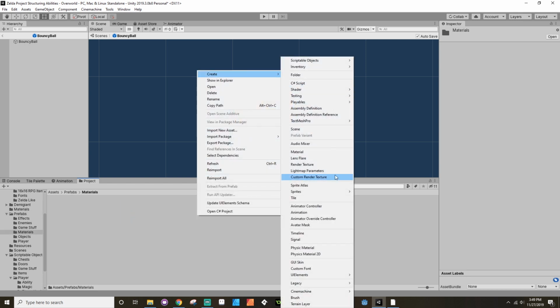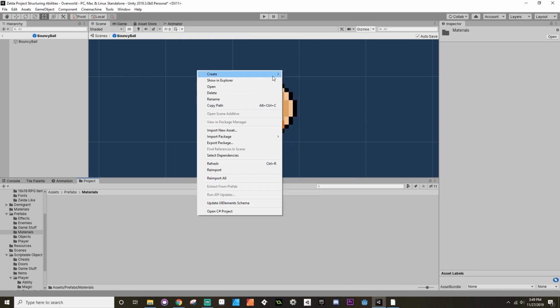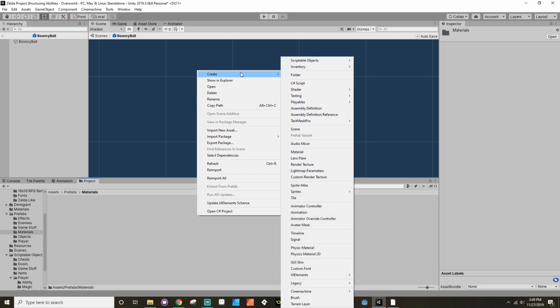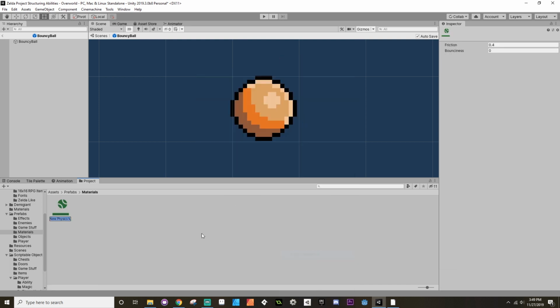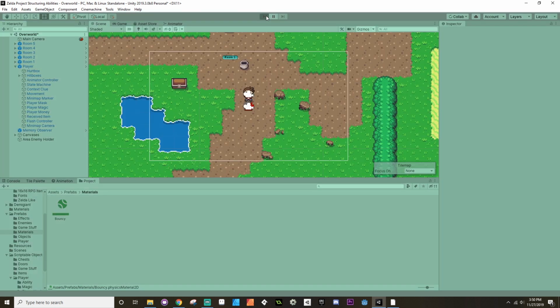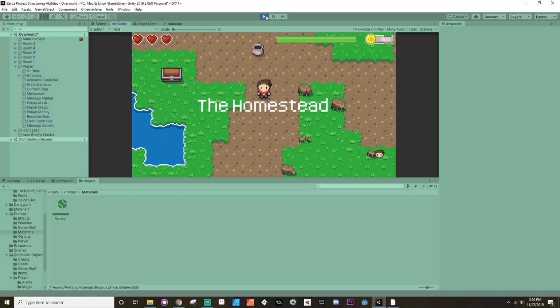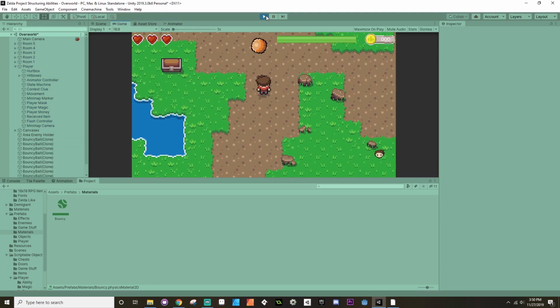So go to right click, go to create, and then go to physics material 2D. There's really only two things that Unity cares about as far as physics go. I'm going to call this material bouncy. That's friction and bounciness. I'm going to put the friction really low and the bounciness super high. So if I save this now and go back, because these are no longer triggers, they're going to interact with the world, which means that if they touch something,